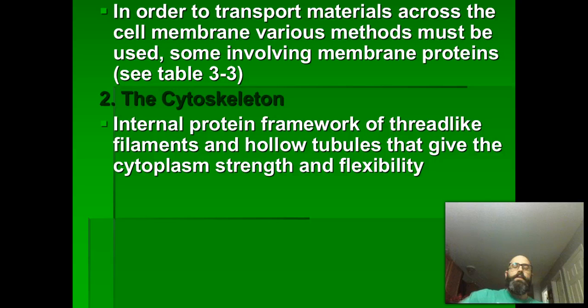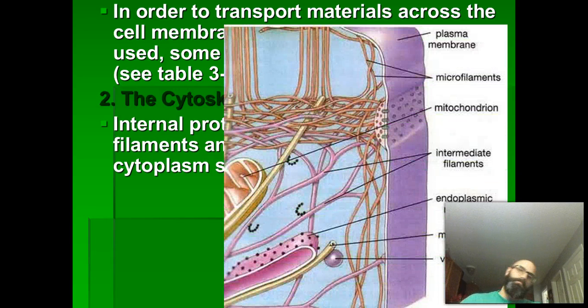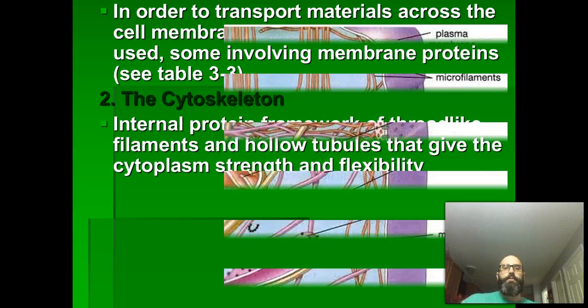Another structure of a cell that is really important is the cytoskeleton. This provides a protein internal framework that gives internal structure to a cell. Think of it like the frame of a house. You look at a house, you see the outside, you go inside, you see the inside of the house, but within those walls is the framework that provides strength and flexibility for that house. Cells have a similar thing, called the cytoskeleton.